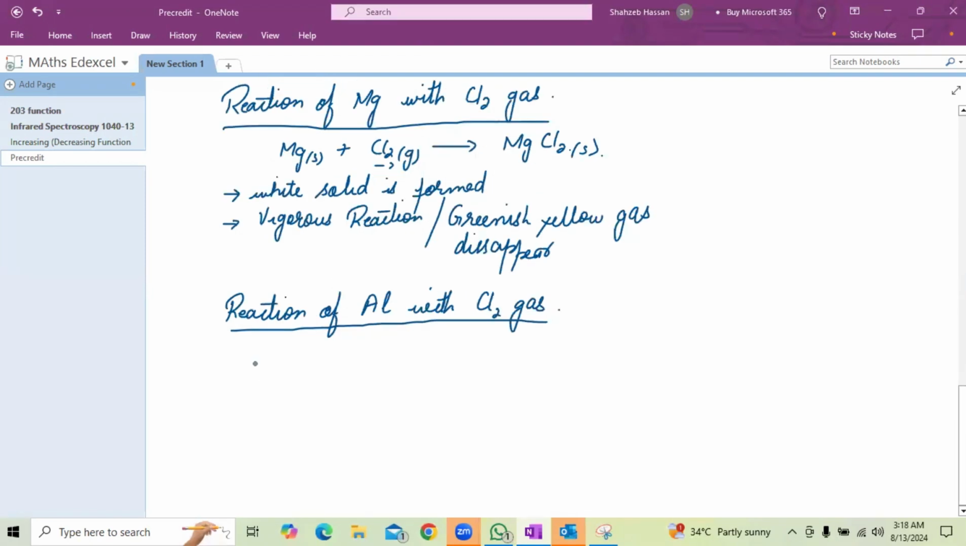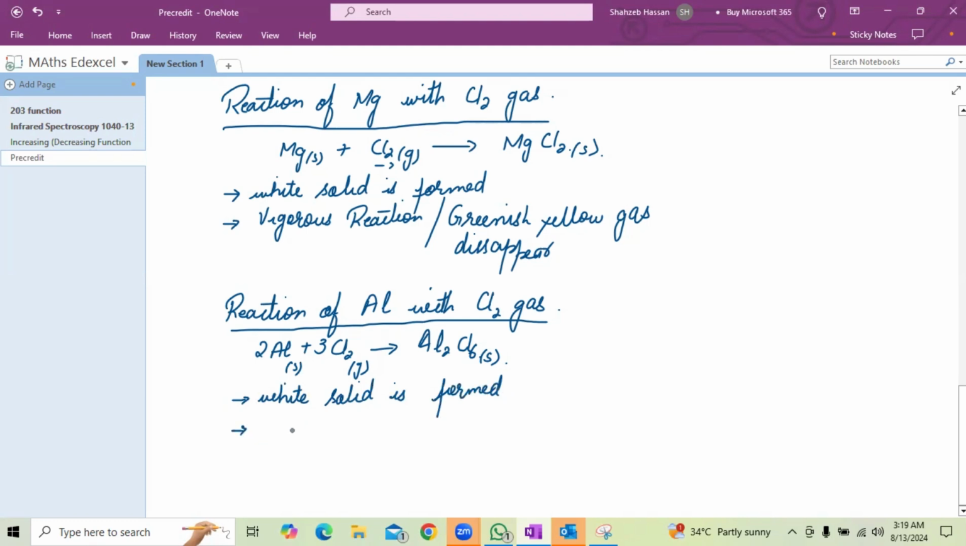So what is going to happen? Whenever there is a reaction of aluminium with Cl2, it is going to form Al2Cl6. Okay, so let's balance it first of all. Yes, so this is in solid form, this is in gaseous form, and this is in solid form. So a white solid is formed,